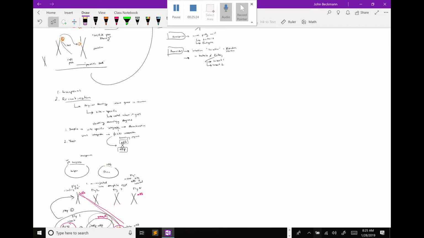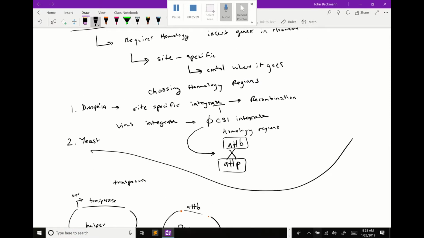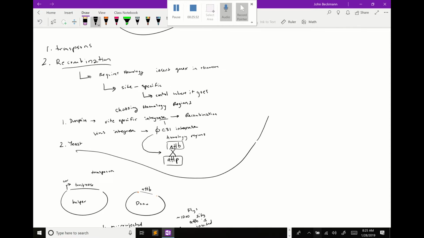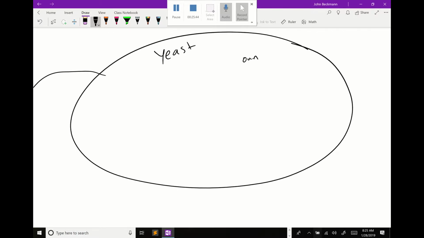Second way of recombination, we'll talk about the yeast again. This is review now. Okay. So let's just talk about the yeast recombination again. The yeast, and how is it different? Well, the yeast has its own enzymes that do recombination. Okay? And if you put in a plasmid, let's say we want to recombine, just like we talked about, we want to recombine gene X